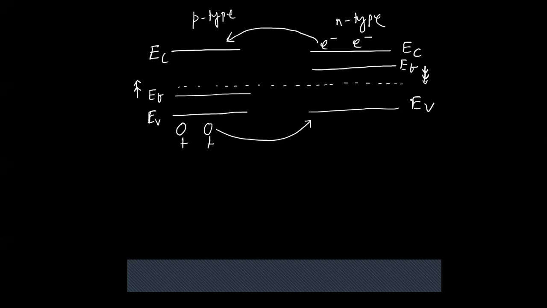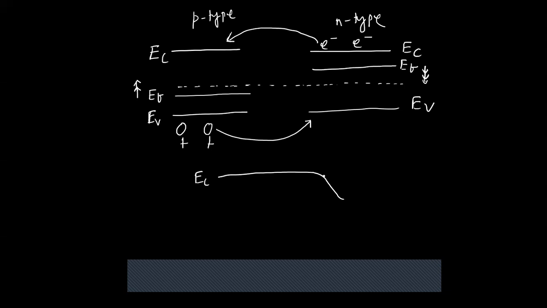And when thermal equilibrium is achieved, a space charge region, or depletion region, is created. So what you can see now is that a potential barrier is created in between, so the electron cannot now jump over that potential barrier. So finally, to match the Fermi energy level to fall on this dotted line, the potential step that is created between this p and n region can be shown this way. So this is the potential drop.